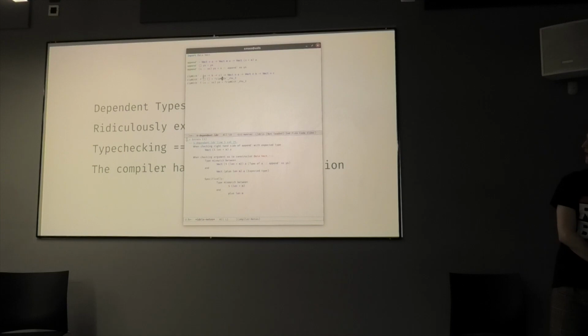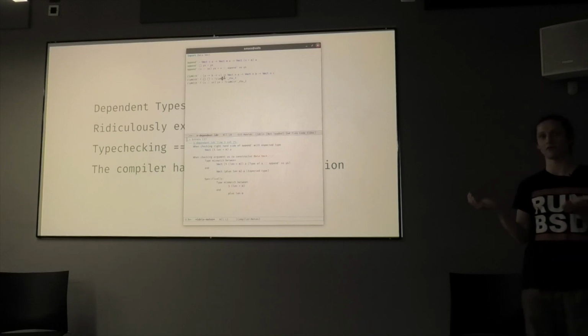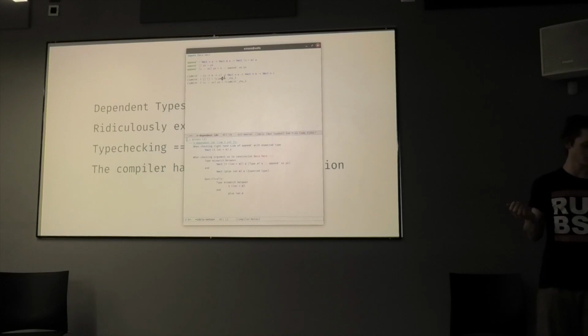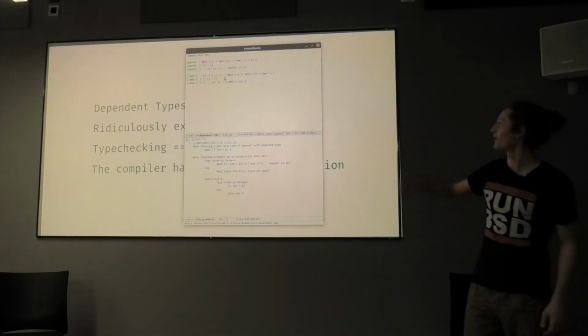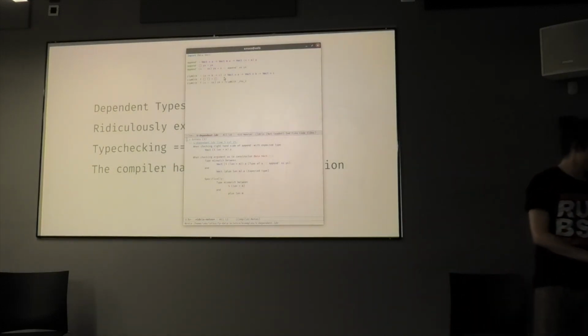Yeah, so now I've got this one case here where we're zipping 2 empty lists together. It's quite obvious I'm going to get an empty list, and I could just type that in myself. But I can also tell the compiler to search for a possible solution, and there it gets that it's an empty list.